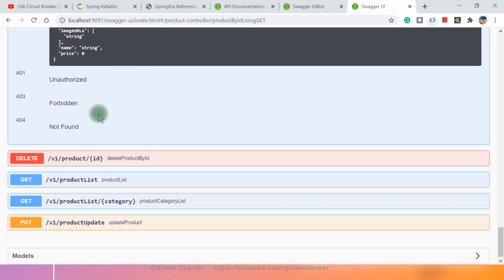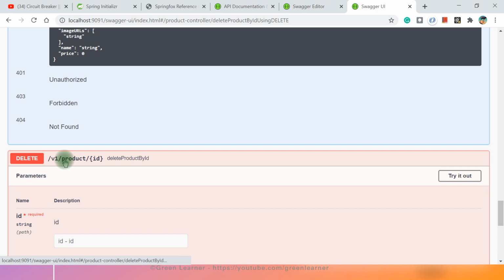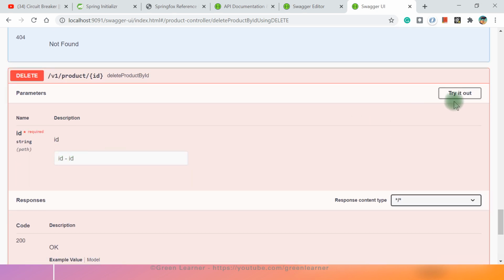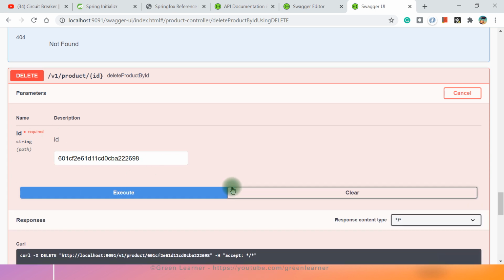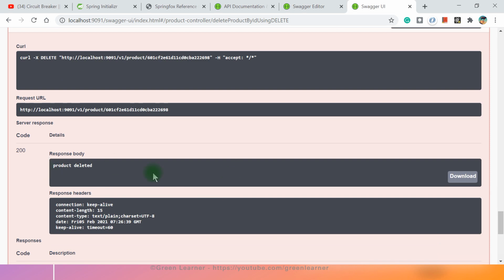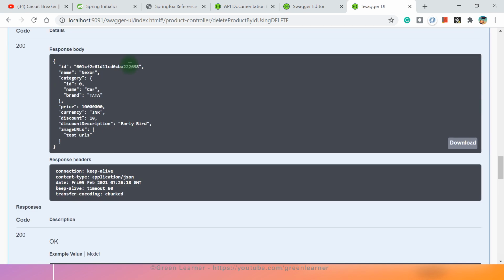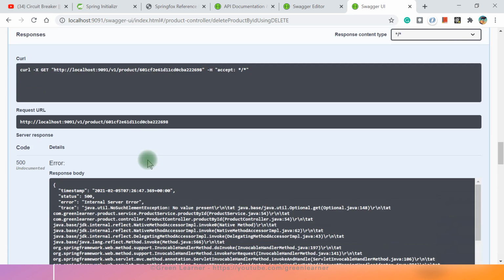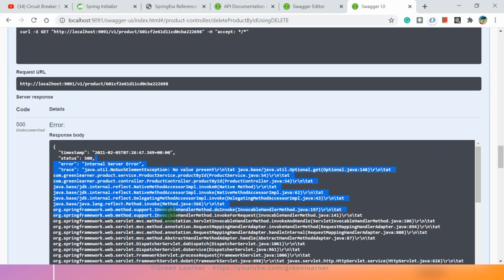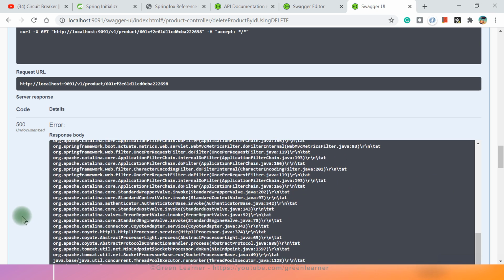All right, and next thing, if you want to delete that product here, you can do that as well. So if you execute it, it is going to return you the response product deleted. And if you now go to the GET request and execute it, you will get the null response that it doesn't accept. So we do not have proper exception handling for the get endpoint. We will do that in the subsequent lectures here.